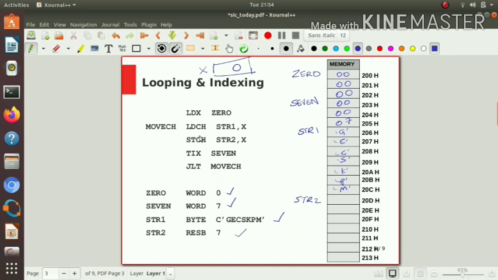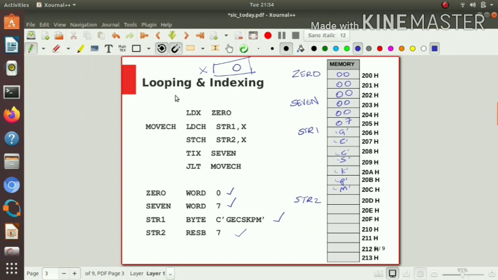So LDCH means load into the accumulator a single character or single byte from the memory location pointed by str1 plus X. In this case, the X value is 0. So 0 plus str1. str1 address is 206. So the character G will be loaded into the accumulator.